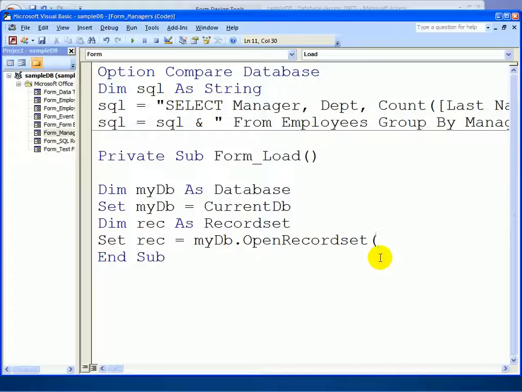Now, if something is defined as a subroutine, there's no need to worry about it. But there are times that functions are used as subroutines where we don't care about the return value. Here we have to. So we have to specify the parameter here. Now, the only parameter I will specify is the variable containing the SQL string. I don't need to specify a cursor because the default cursor is the read-only. And that's what I want to do here. I only need a snapshot record set. I'm not changing the values in my record set, updating them at all. I am just obtaining them